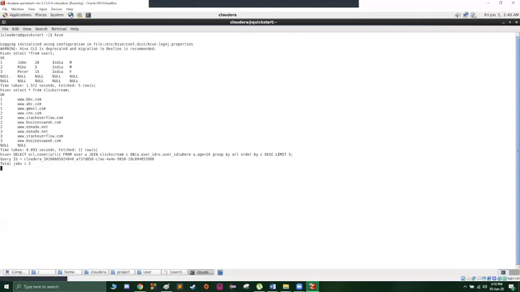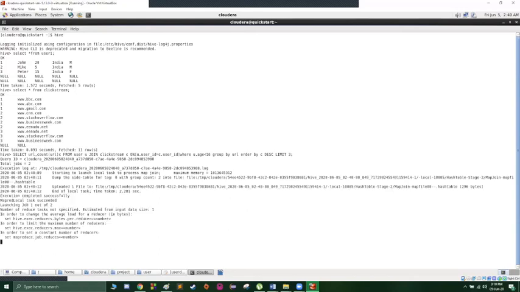Yeah, so this is the SQL query. So now the SQL has identified 2 jobs. This will take a couple of minutes. So the first job will be processed first and then the second job.